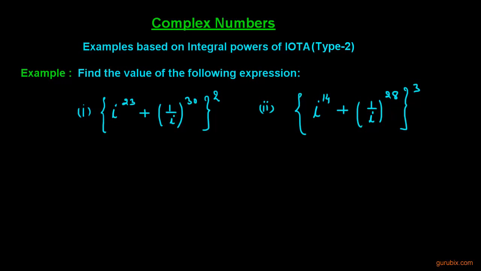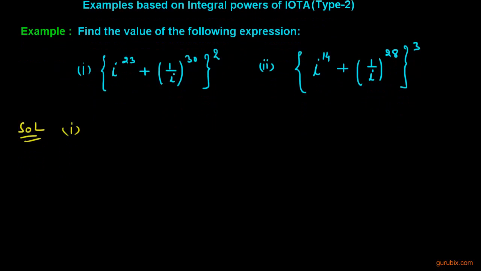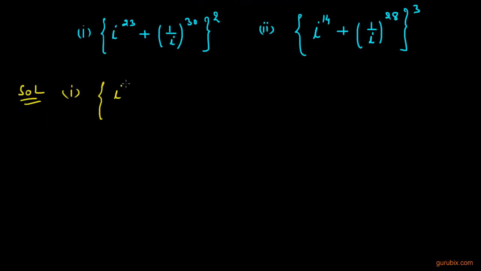Welcome friends, here are another examples based on integral power of iota, and we have to solve these two examples. So let us start with part 1. In part 1 we are given an expression that is iota raised to the 23rd power plus 1 over iota